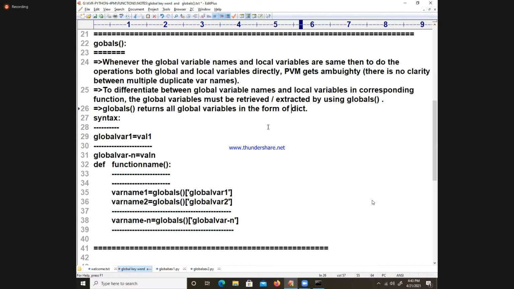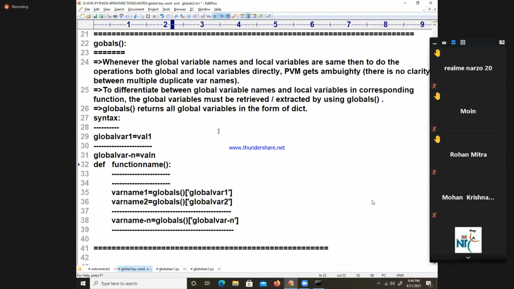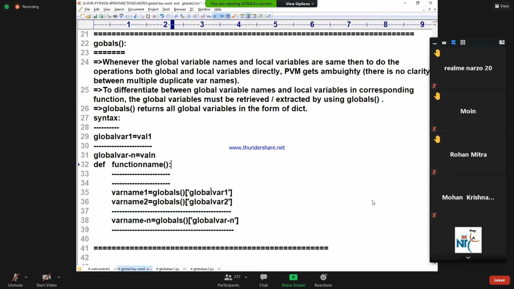You need to write dict. Right, completed. Then I am going for the first program. Example 1 I am going to introduce, because these are very, very important in interviews.